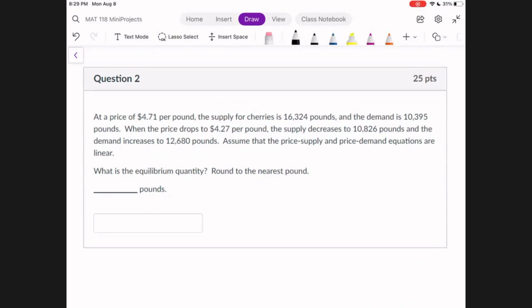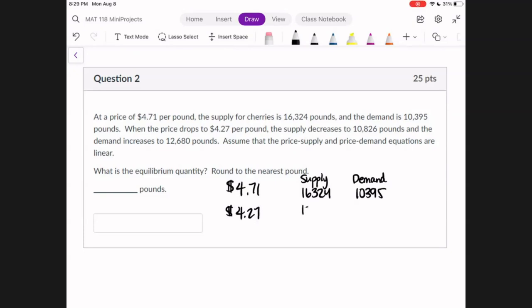So we know that when we have $4.71, the supply is 16,324, and the demand is 10,395. And now with the new price,